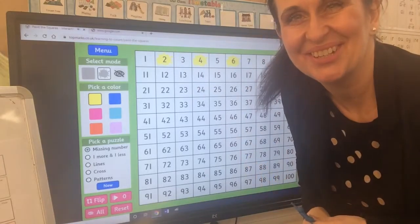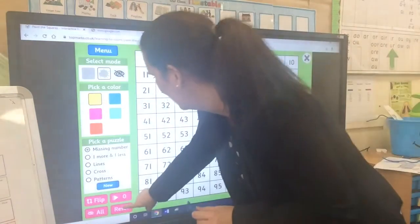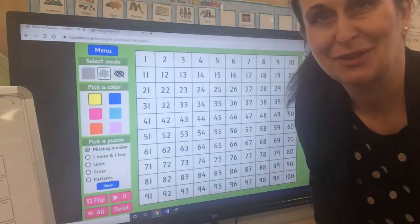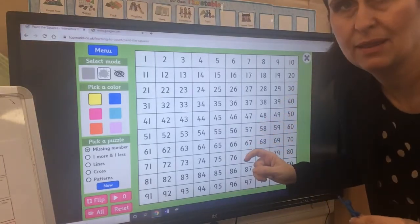We'll land on 2. That is brilliant. Well done. Let's do some even trickier ones. Let's start off with a higher number. Let's start off with